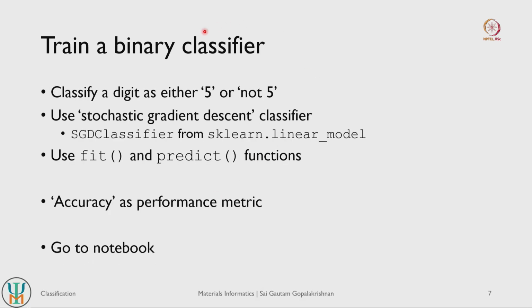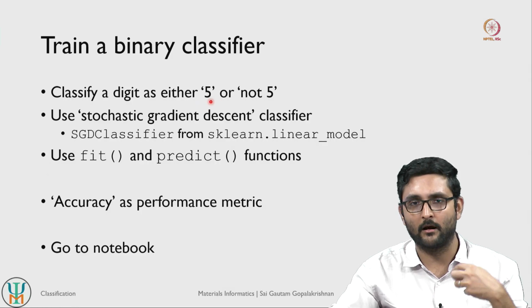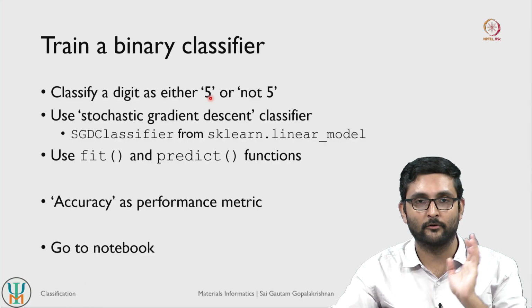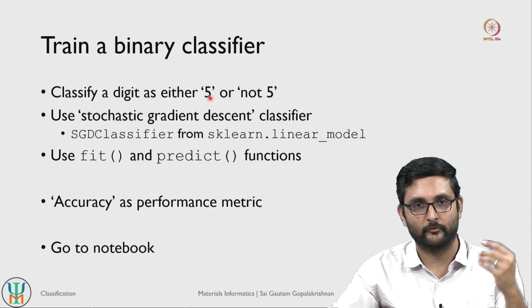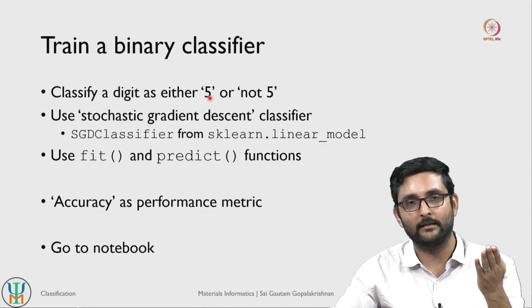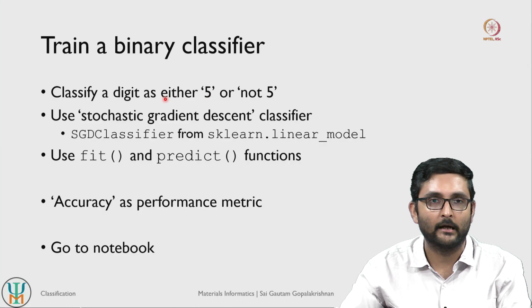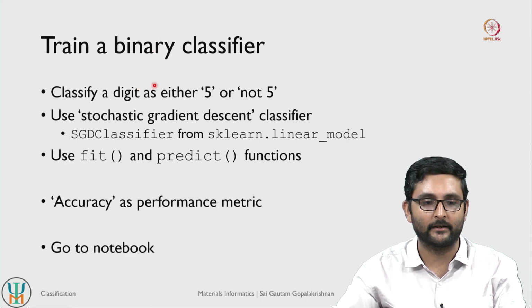Okay, the first task is to train what is referred to as a binary classifier, right. So what is a binary classifier? Let's say you see an image of a digit and you want to say whether it's a 5 or not 5. I mean, this 5 is an example. You can also say whether it's 1 or not 1, 0 or not 0 and so on. So you are basically trying to teach the model to say yes or no to a given question. So is the model seeing a 5? Then the answer should be yes or no, right. So that is what is referred to as a binary classifier.